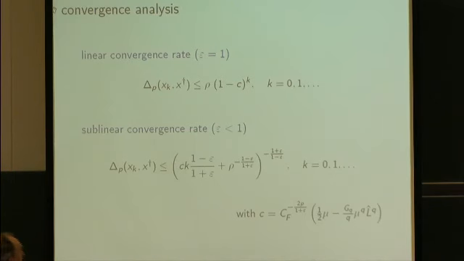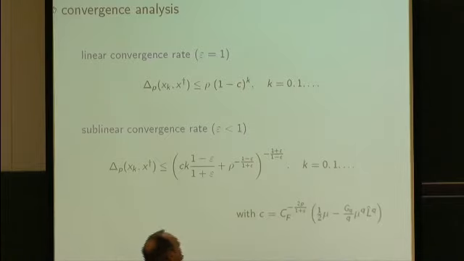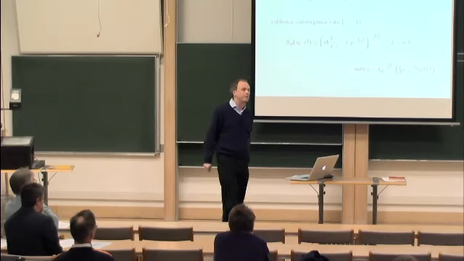Then once you have convergence, you can estimate the convergence rate. So if you have Lipschitz stability, which we can attain, then you have linear convergence. This is as fast as it can get in iterative techniques. If you have Hölder regularity less than Lipschitz, but greater or equal than a half, you have sublinear convergence, so the convergence is slower. And you can compute all the constants in terms of all those estimates in closed form. So again, all those constants of stability, of the Lipschitz constant, and of the inverse problem's Lipschitz stability constant appear in the right powers. So you have essentially complete control of what happens.